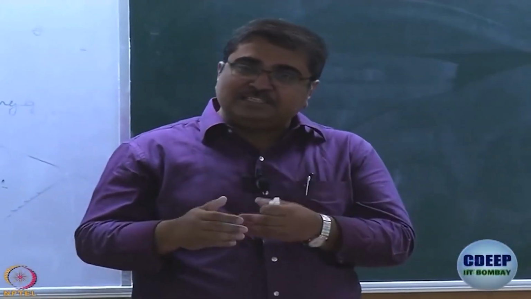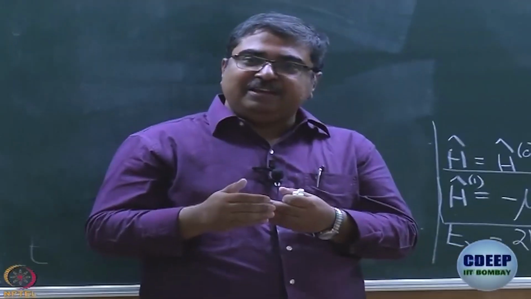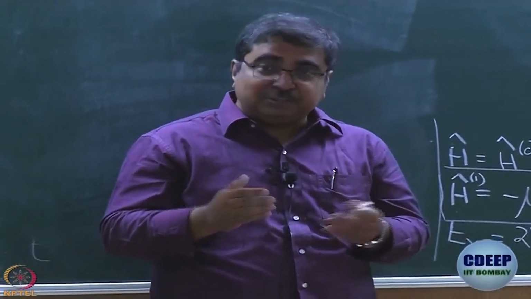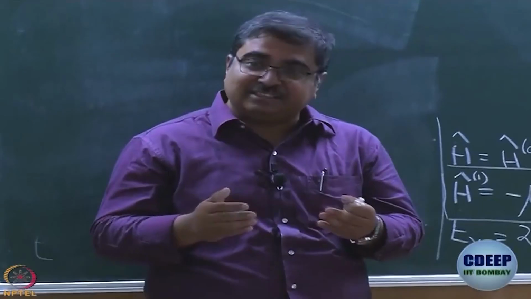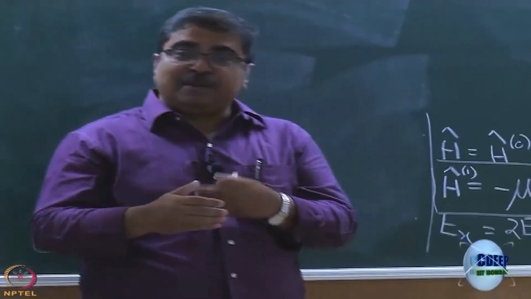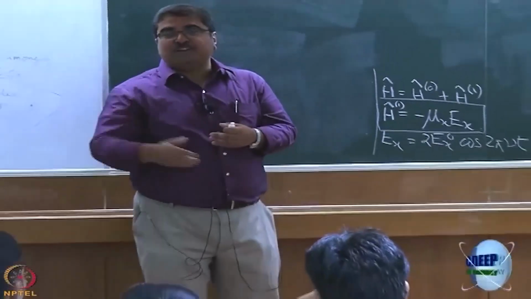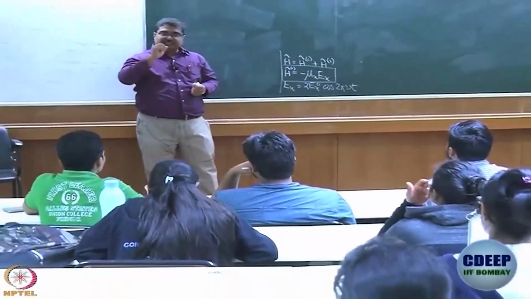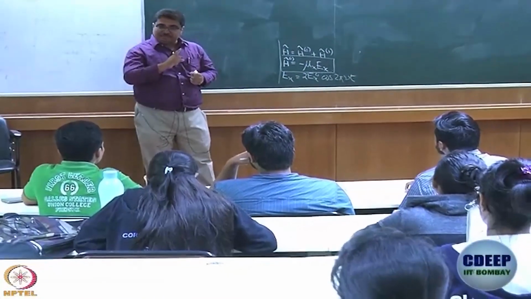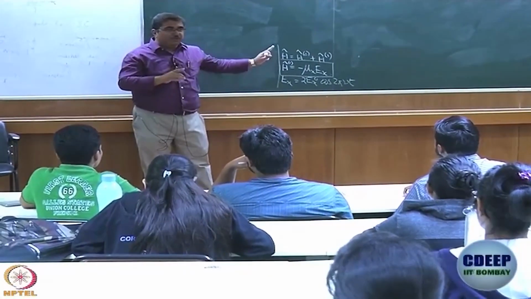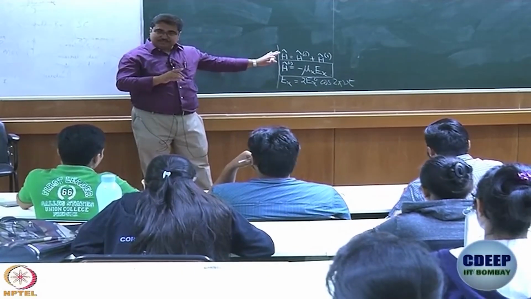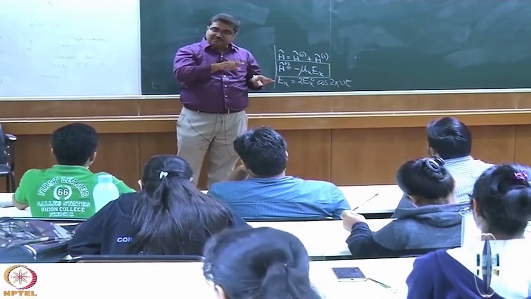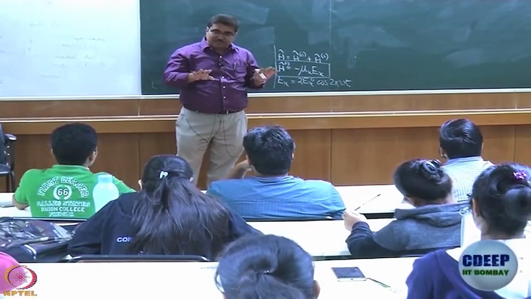So, building a model is a very important step in any theoretical treatment. What is the model that you want to use? Of course, then the question that comes is, is the model correct, or does the model apply, and if it does, how far does it apply? So, the model we are using here is that we are modeling this molecule as an electric dipole, okay, and we are only working in the x direction, so mu x. We are modeling light as an oscillating electric field, we are neglecting everything else. Why? Because